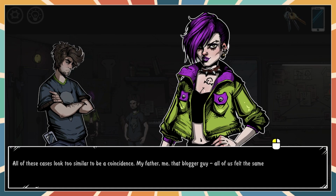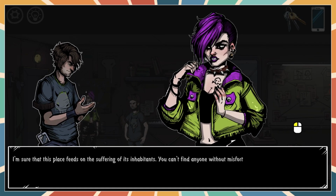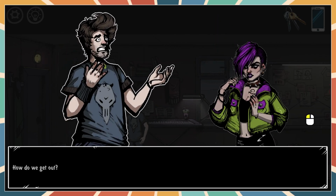All of these cases look too familiar to be a coincidence. My father, me, that blogger guy, all of us felt the same. You can see these horrors too, you said it yourself. Maybe Nika could see them too. I'm sure this place feeds on the suffering of its inhabitants. You can't find anyone without misfortune in their lives. Dead relatives, a difficult childhood, or something worse. Everyone suffers, and this building makes you suffer even more. A year ago, one of the inhabitants couldn't handle it, and he...